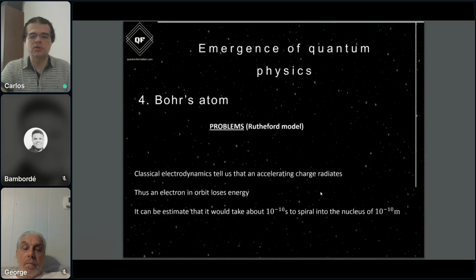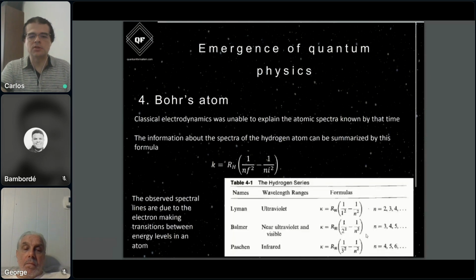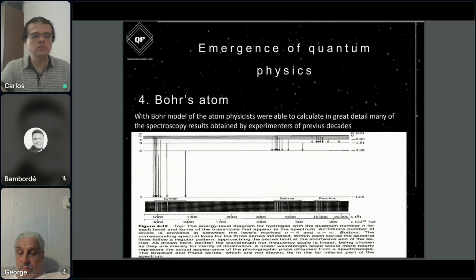These three here. There are more that he can also explain, but let me show only these here. Okay, so these are the experimental results for different wavelengths and frequencies. So the Bohr model could explain this,